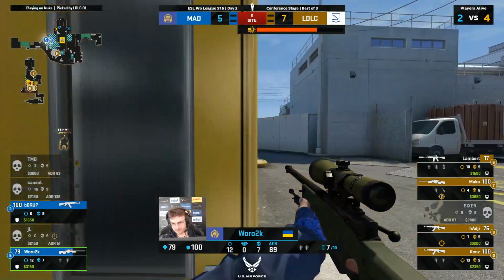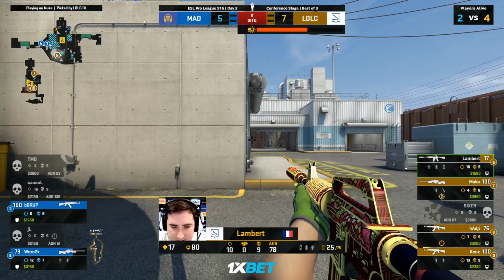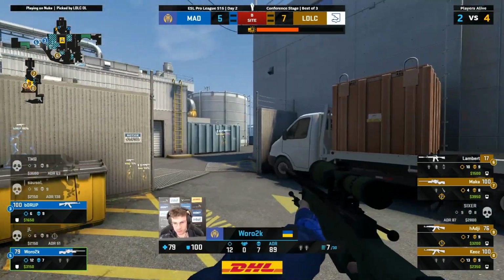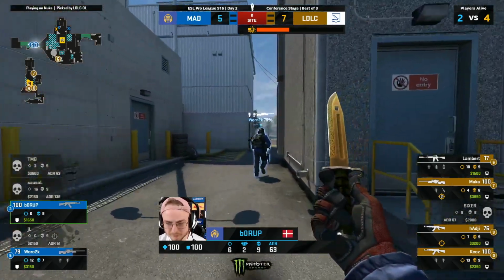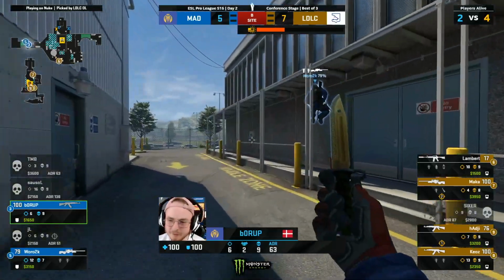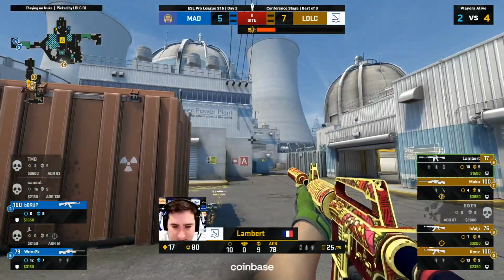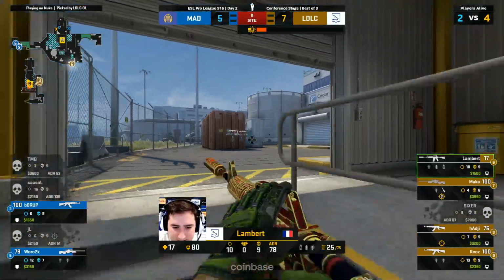Yeah, you can see Waro's not too happy with the fact that, again, he's having to save. Lambert is one of these active lurkers. So he's always pushing, always looking for information. He's always trying to cut off the CT rotations. Really annoying play style to play against. Yep. But it's effective. When he doesn't get shut down by Waro 2K at the moment, definitely is